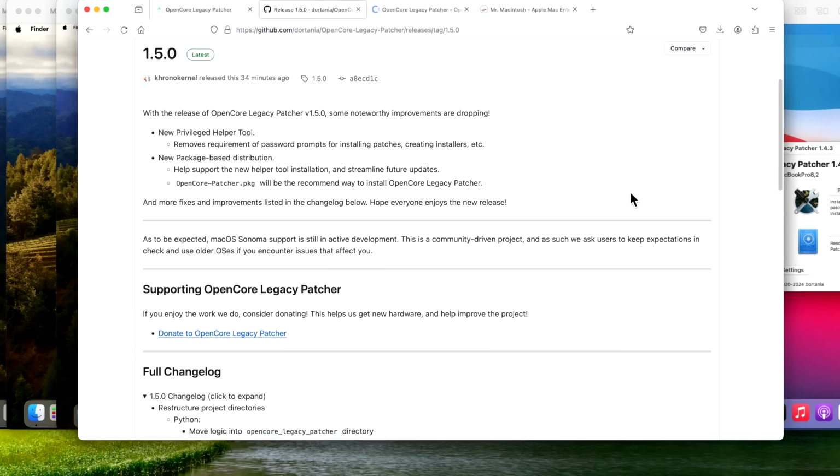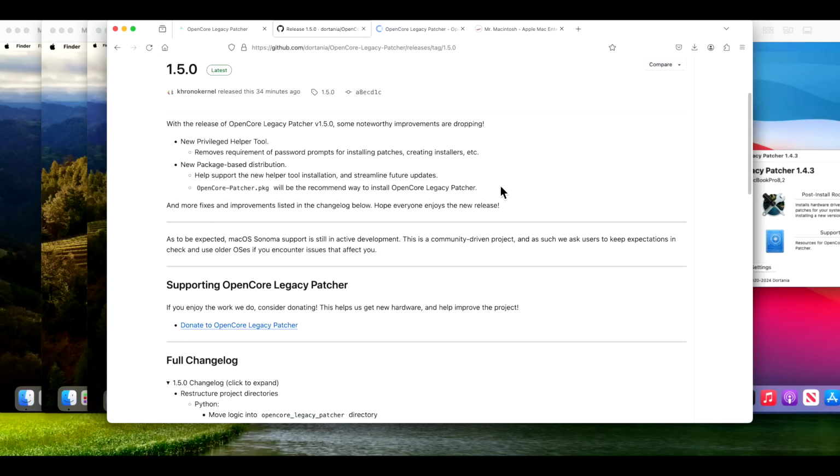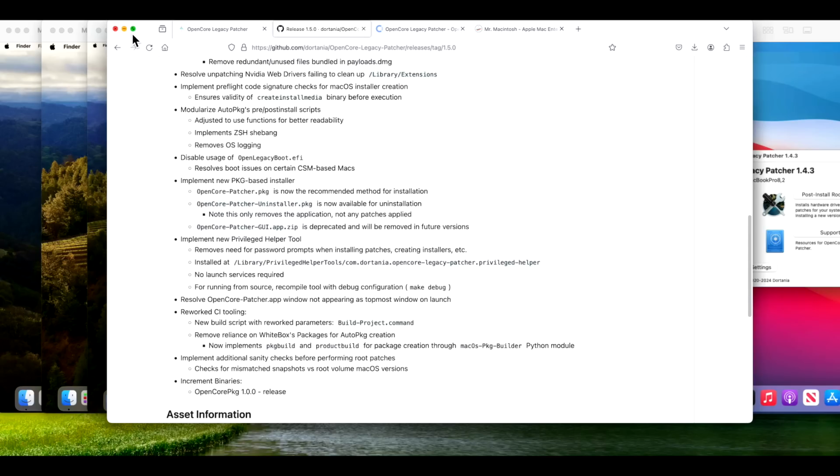This is a huge update ahead of the macOS 15 launch and the biggest of the year. And it changes in so many ways, from the way that the application is installed to the way the root patches are applied. In this video, we're going to go over all those changes along with the brand new uninstaller of OpenCore Legacy Patcher, the full change log of this update, which includes many improvements and bug fixes on 10